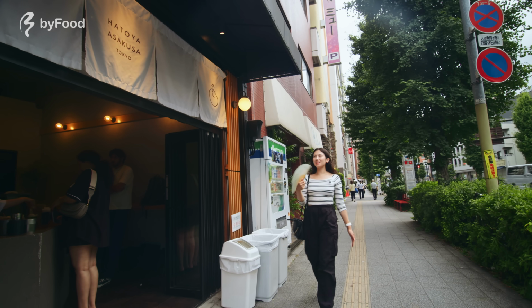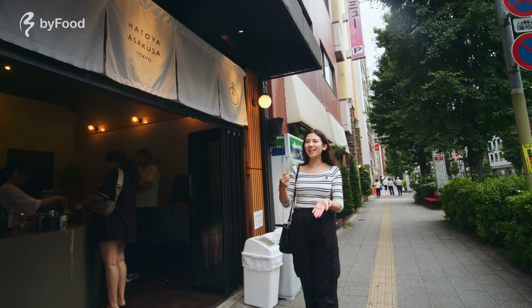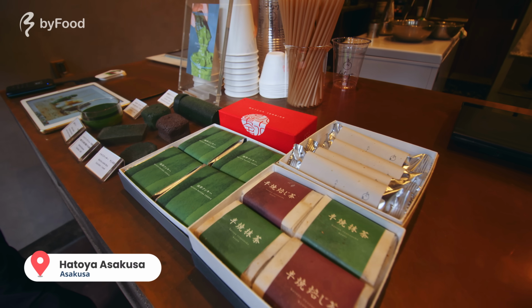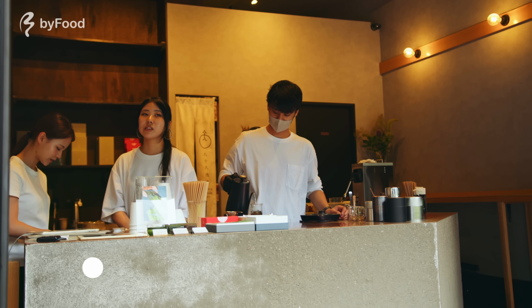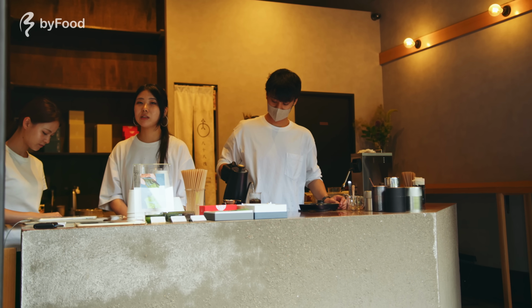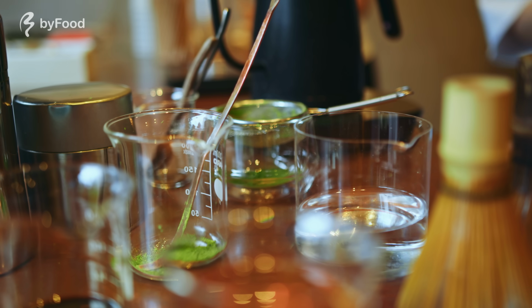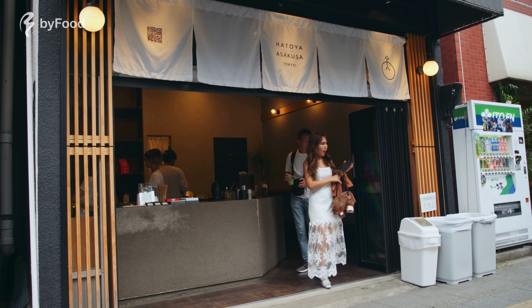My last stop of the day is right here at Hatoya Asakusa in Tokyo, where they serve this beautiful matcha latte using very high quality matcha. This shop actually originates from Kyoto. Their Kyoto Hatoya shop opened in 2019, and due to its popularity, they decided to open one right here in